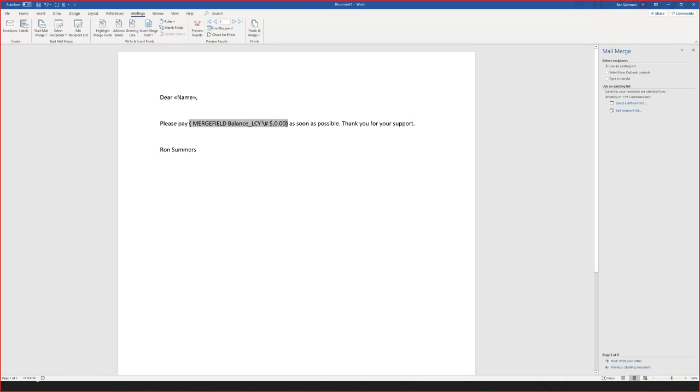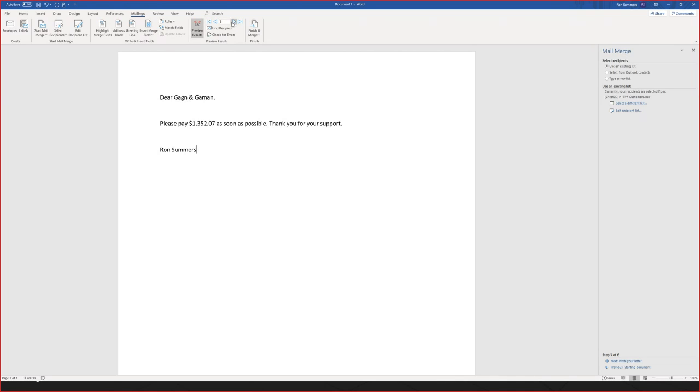This is just an escape character and then the format string. So now we've said, okay, merge failed balance, and then the escape character. When I go back and toggle this, it looks normal again. You have to toggle the field codes to get to that level and then hit the preview. Now look, we've got properly formatted decimal places.